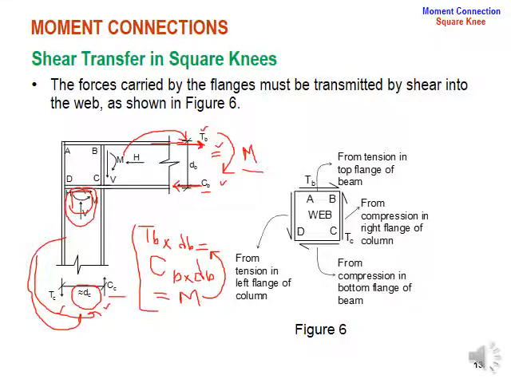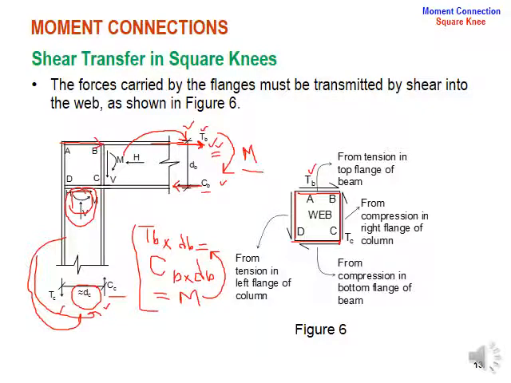In this way we may have these forces. So the moment has been shifted or converted into an equivalent couple, and this couple is going to be converted into these forces. So how can you isolate this element A, B, C, D? You can draw it separately. In figure number 6, you can see this element has been drawn over here. So how to show the shear? The top face of this element will be TB. You can see over here. This top flange is going to give you this TB, so this TB has been shown over here.